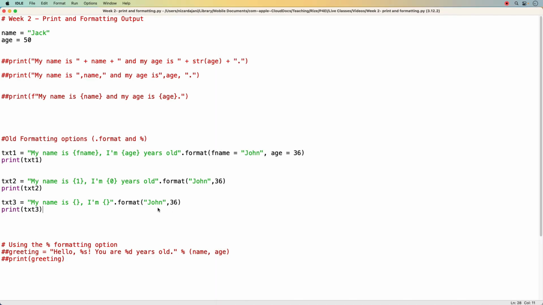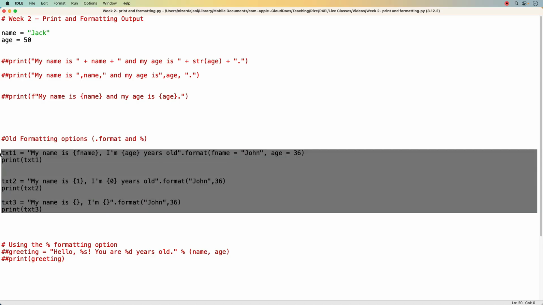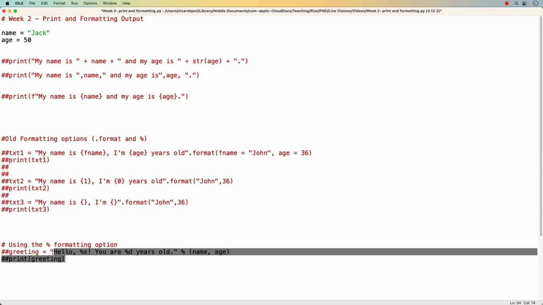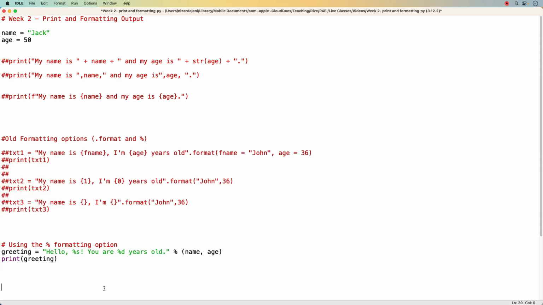All right. So again, this technically still works. The dot format function is still available, but again, the F formatting is much cleaner and leaner and more streamlined. Okay. Now there's also another way of old formatting. Let me bring this in, where we use the